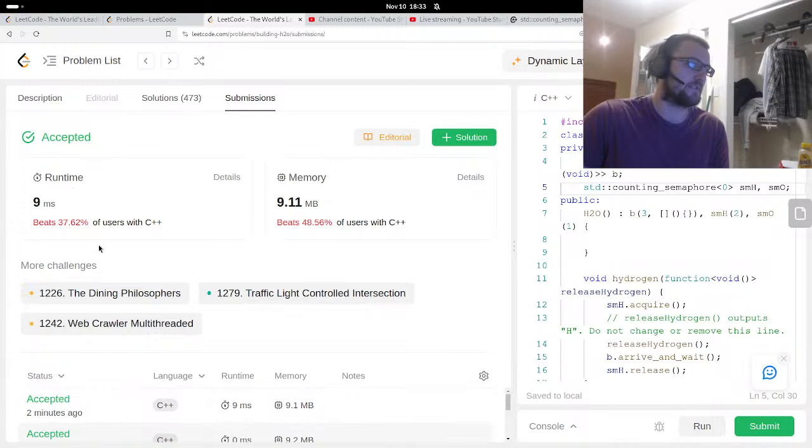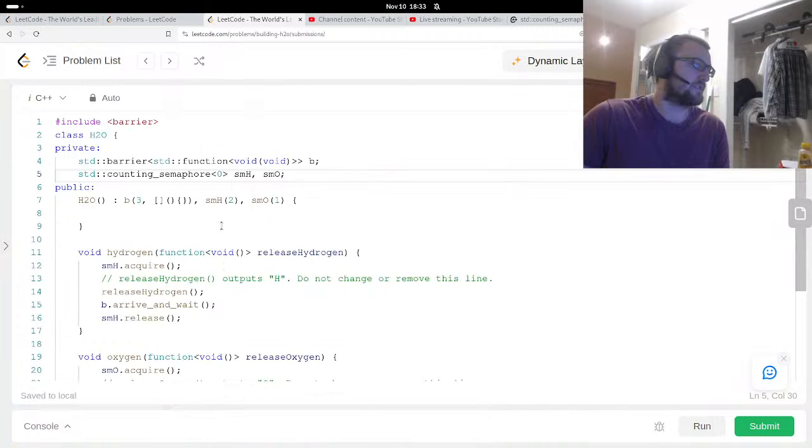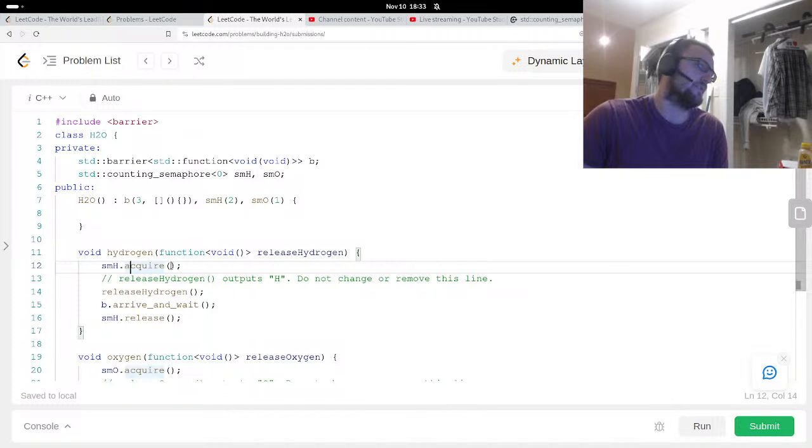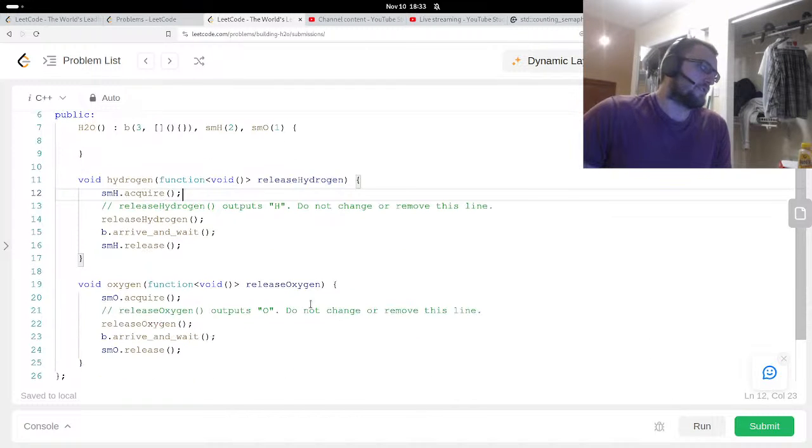Yeah, sometimes it's faster than other times. My question here is, why does this work? Before I do that, let me just check and see why this works. So all the hydrogen threads and all the oxygen threads, 2 of the hydrogen acquire, all the other ones block. 2 of the oxygen acquire, all the other ones block. 1 acquires, other ones block. We release hydrogen, release oxygen, and the ones that are blocked are not going to reach the barrier. The ones that are not blocked will reach the barrier. They'll all synchronize, and then they'll also all release at the same time,